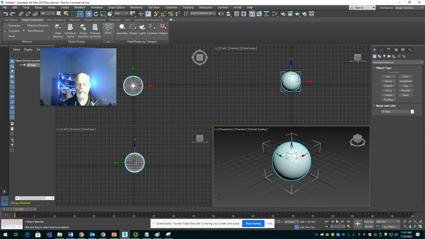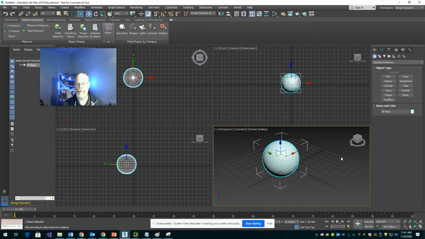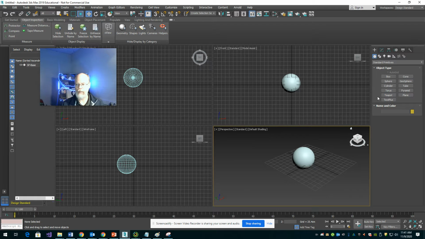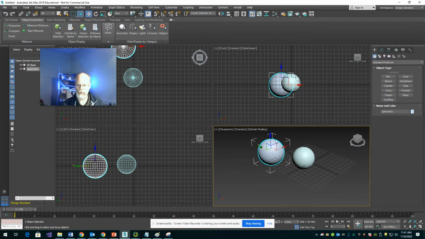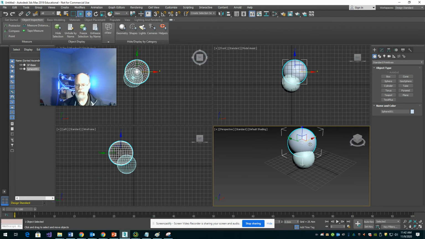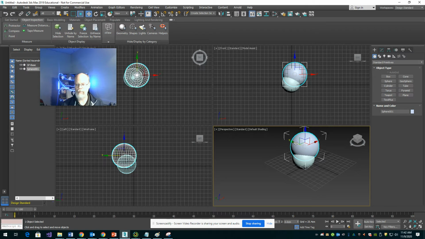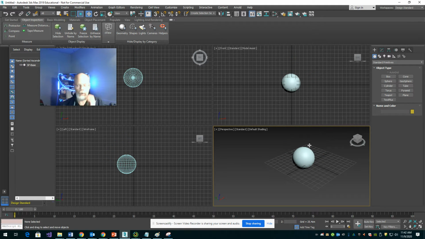Now, I could try to create another sphere and line it up on top. That's one way to do this. I could go back to sphere, create another one, and then use the move tool to line it up. But as you can see here, now I've got myself challenged by lining these things up in 3D space. It's a little bit awkward. It's kind of wonky. So I'm going to delete that,